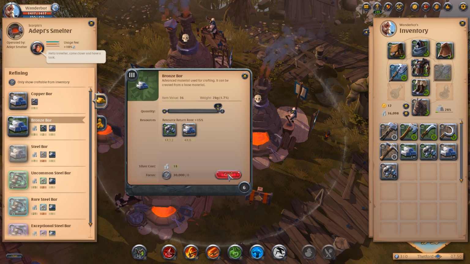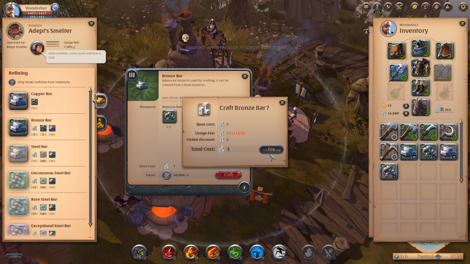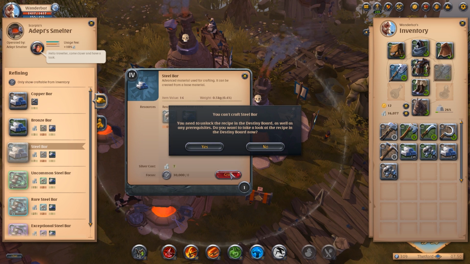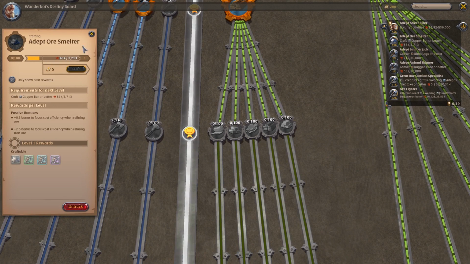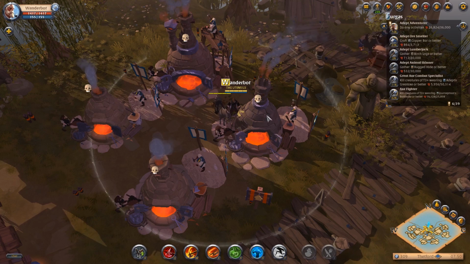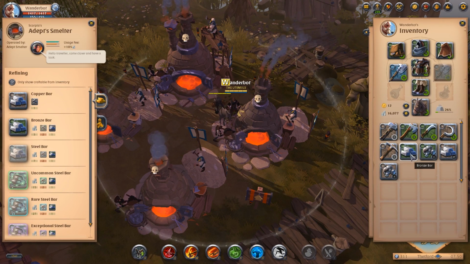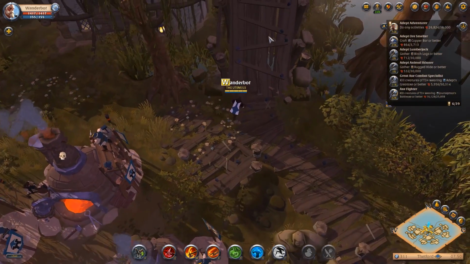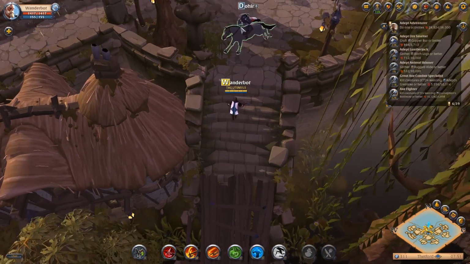What? Oh. I don't know why it's piecemealing this. So, could I make steel if I wanted to? So if I wanted to make steel, we're actually pretty close. But I'll be going back to places that I like anyway. Okay, so we get a bunch of bronze bars. I wonder if I can actually...